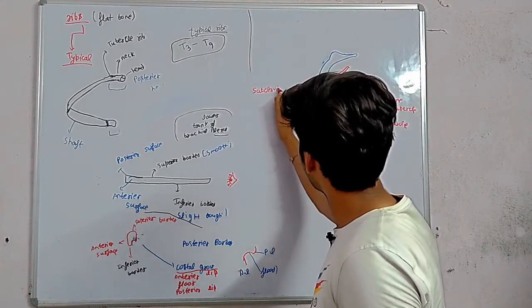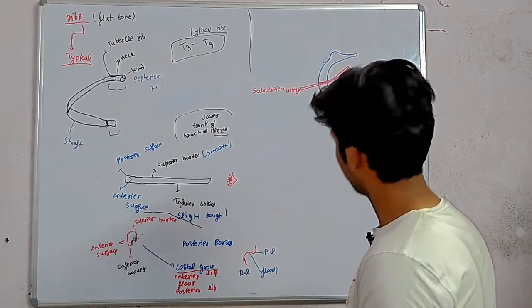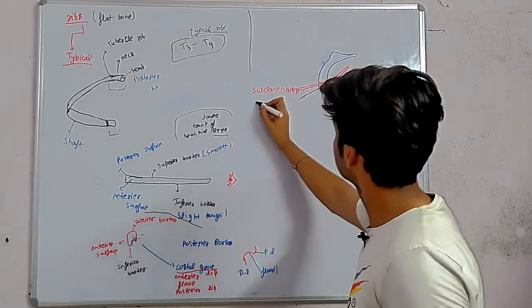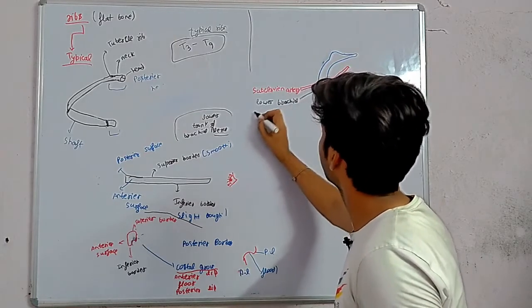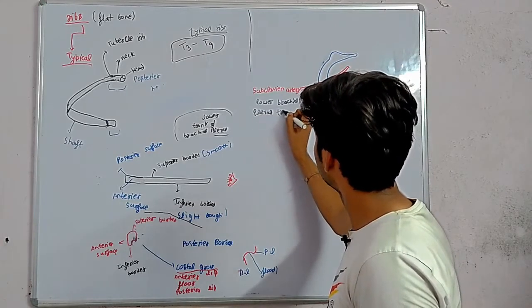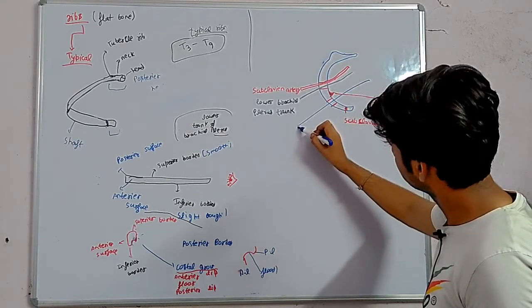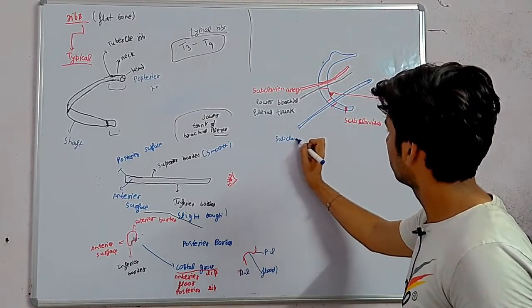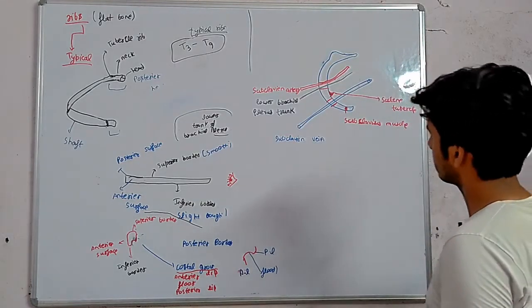Subclavian artery and lower brachial plexus trunk. Lower brachial plexus trunk. Anteriorly, subclavian artery, subclavian vein. Muscles